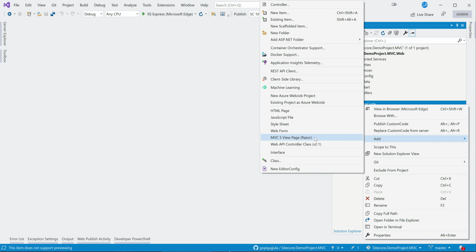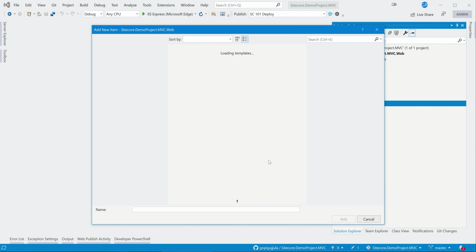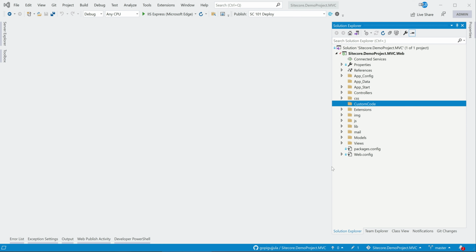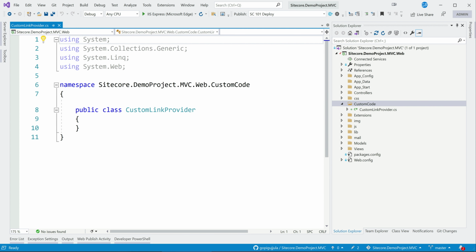For this I am going to create a custom link provider, just another class. I'm adding the custom link provider. Then we can start adding our class.